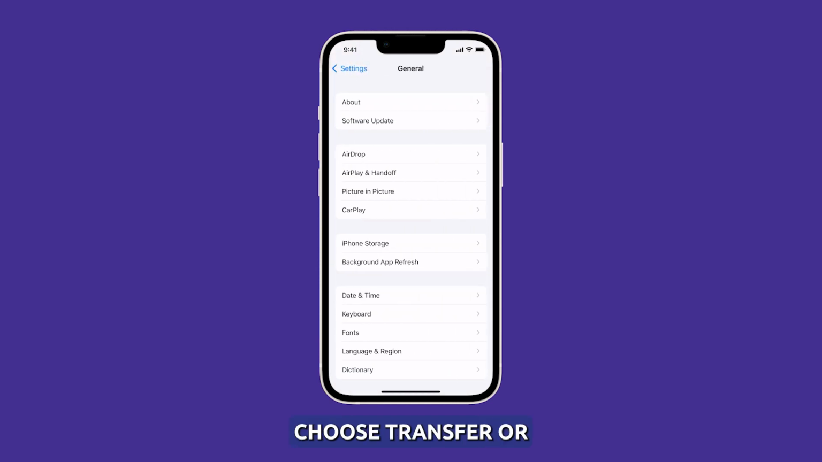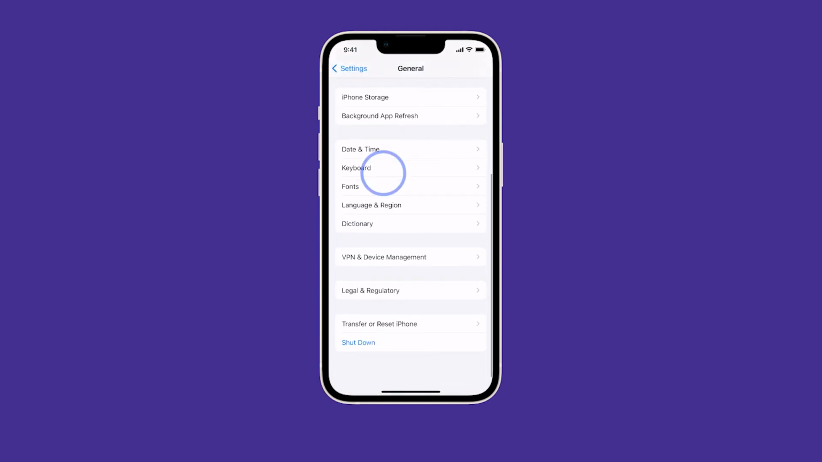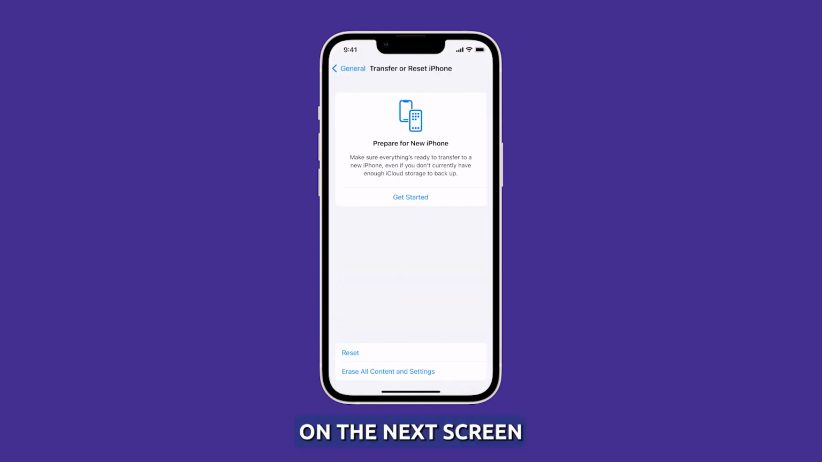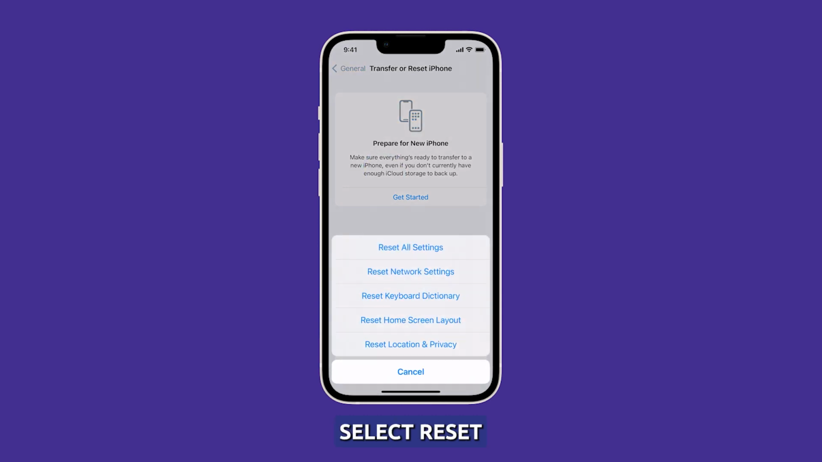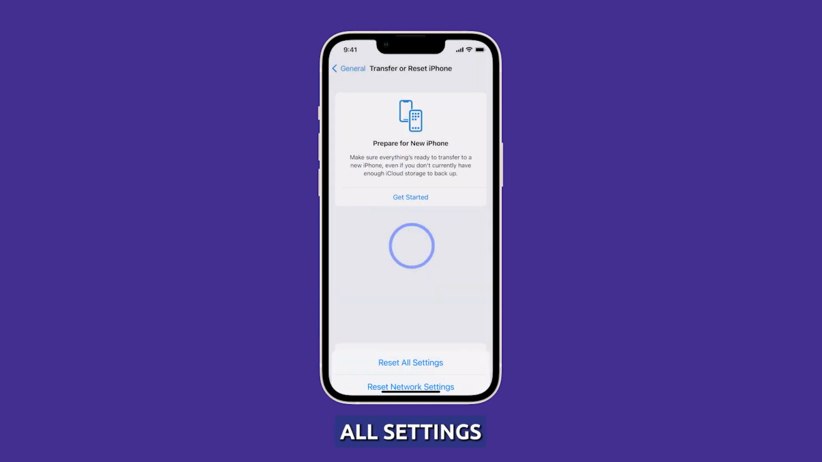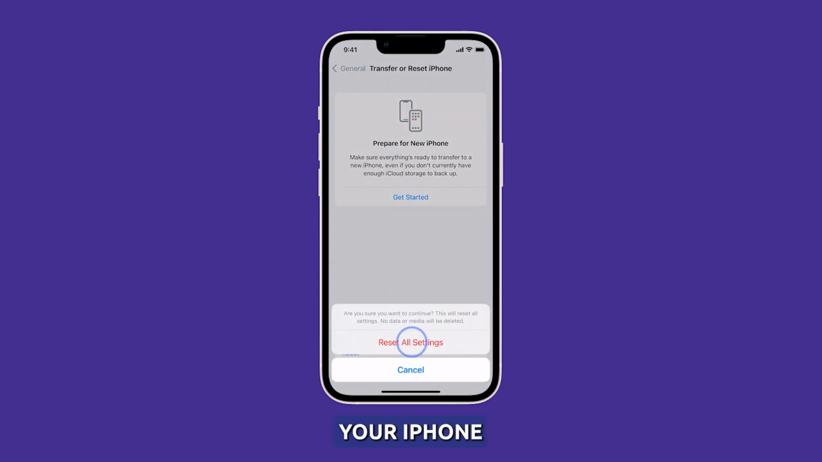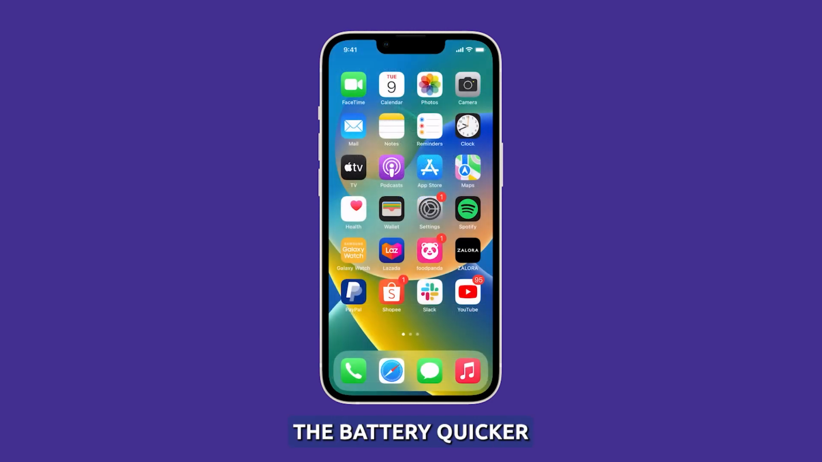From there, choose Transfer or Reset iPhone. On the next screen, select Reset, and then reset all settings. You will be prompted to enter your passcode and confirm the reset. After the reset and the reboot, observe your iPhone closely to know if it still drains the battery quicker when